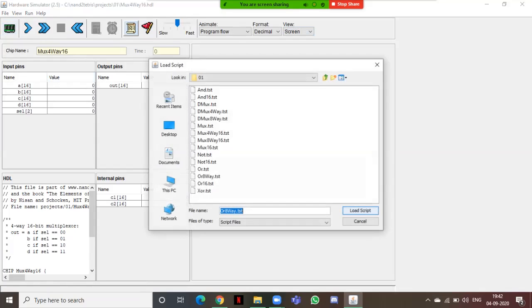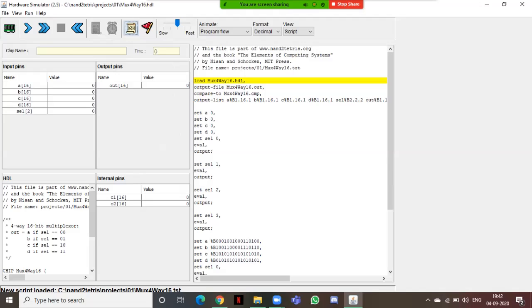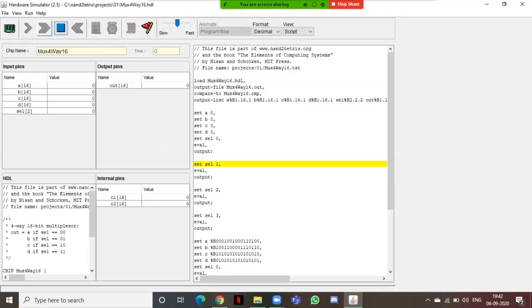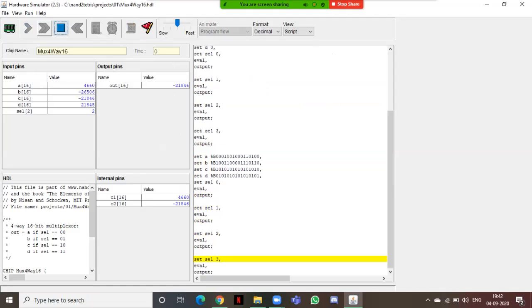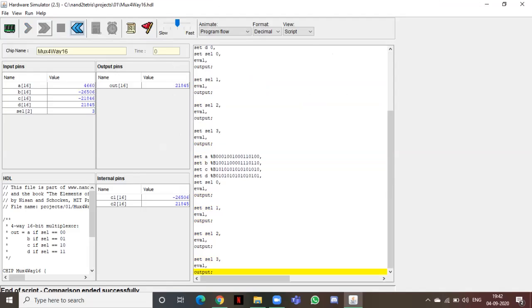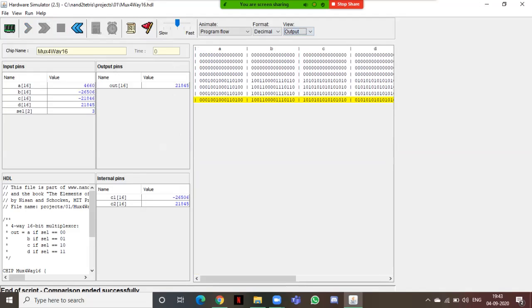Here I load the script for the same. Here we'll view the output. See the output. 16-bit output. Oh my god. Compare.